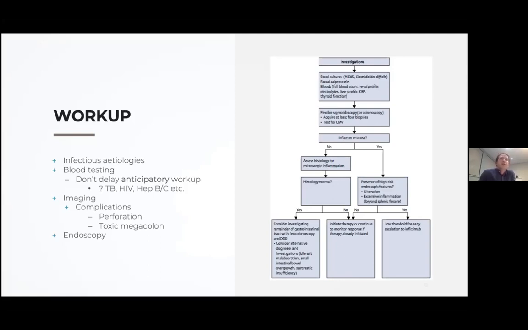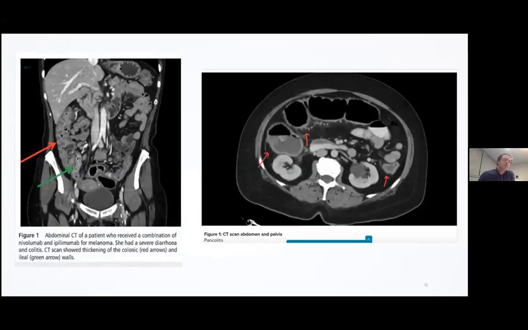So using a cutoff of 150, which we often do use, gave a sensitivity of around 70% for ulceration and about 85% for microscopic inflammation. So not bad, but not amazing in terms of the negative predictive values,